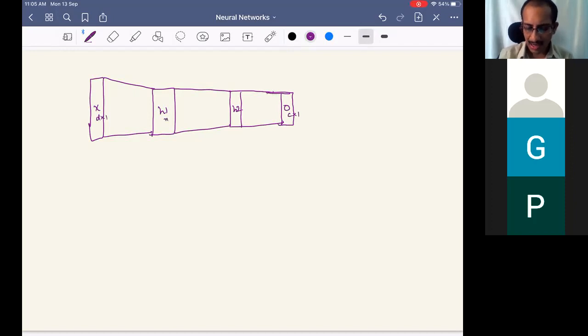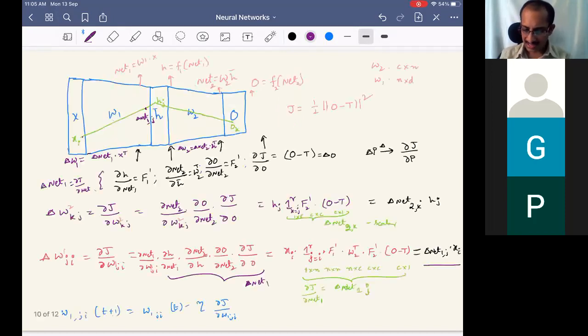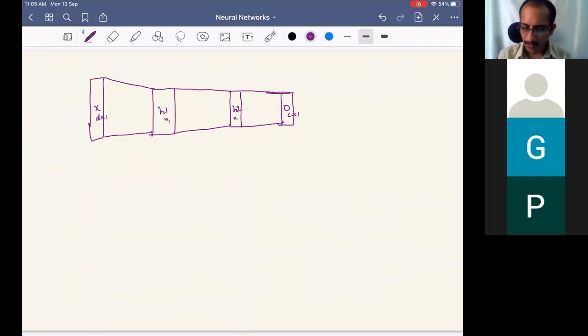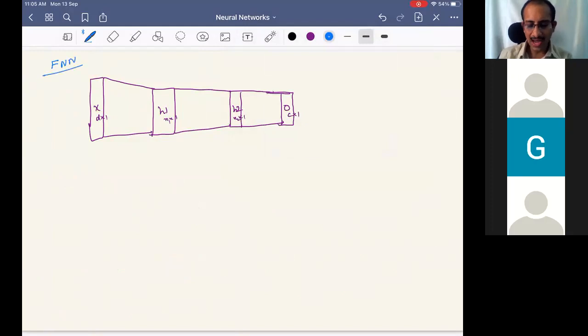And for the hidden layers, what is the notation we are using? N1 and N2, cross 1. Let these be the dimensions. Now what else do we need to define to complete this architecture? What else needs to be defined to complete the description of it? This is a feed forward neural network. Yeah, quick answer is required. The weights.